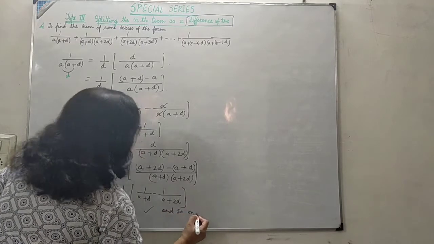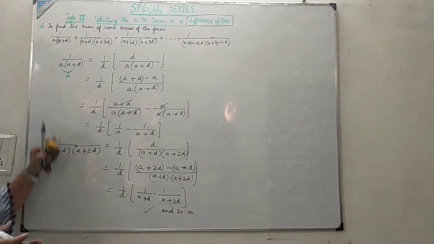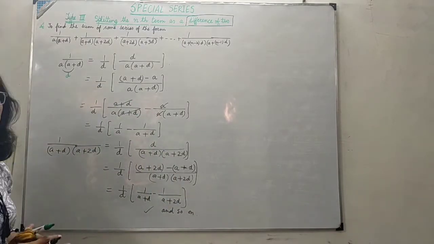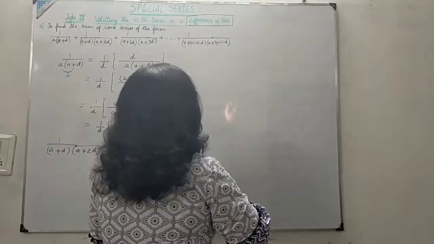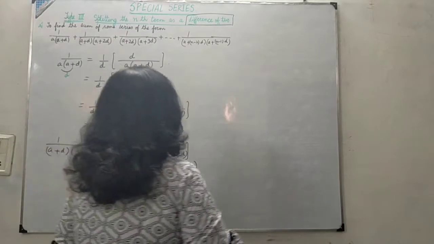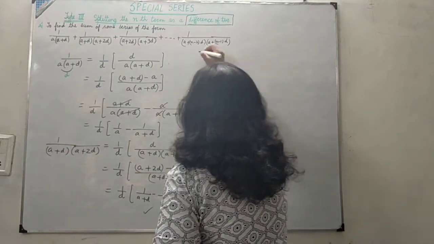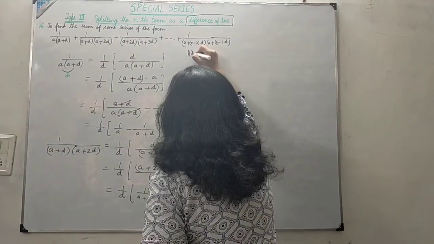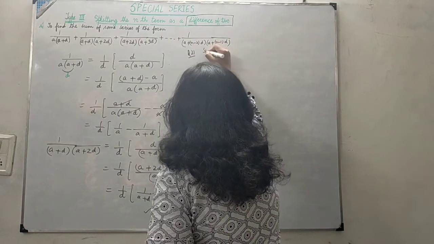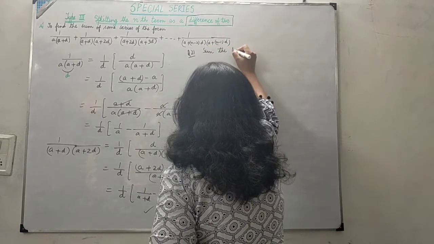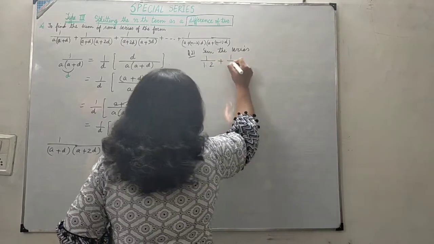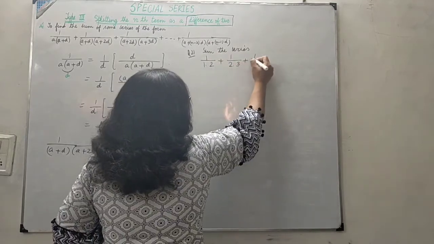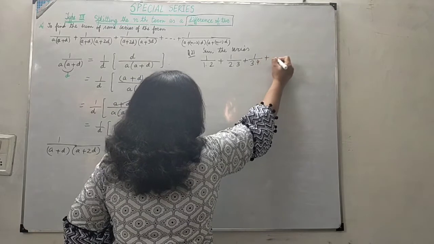So you have just seen the procedure. There is no need to remember the procedure, only see the logic behind it. Let us take one example to solve this, to use this procedure. Let me take this question: sum the series 1 upon 1 into 2 plus 1 upon 2 into 3 plus 1 upon 3 into 4 plus so on